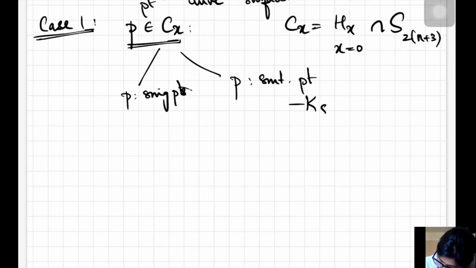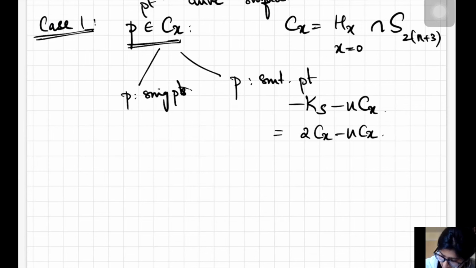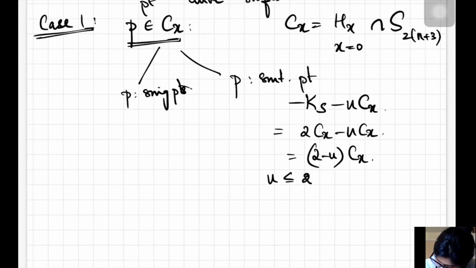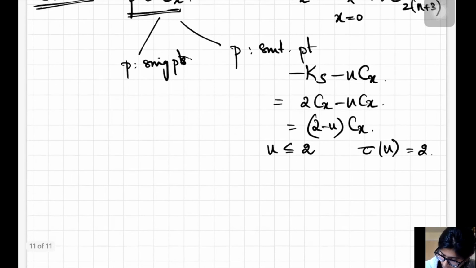So you're looking at the divisor minus Ks minus uCx. Because the index is 2, you're going to have 2 times Cx minus uCx, because the weight on x is anyway 1. So this is nothing but (2 minus u)Cx. You can immediately see that it's effective when u is less than or equal to 2, which gives you that the pseudo-effective threshold is 2. Now you need A_S